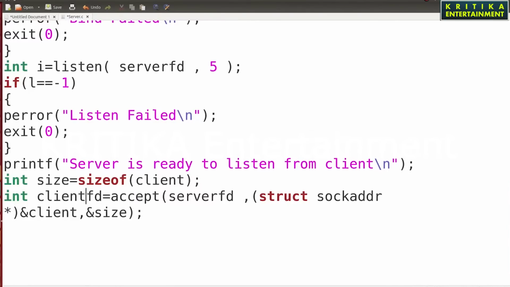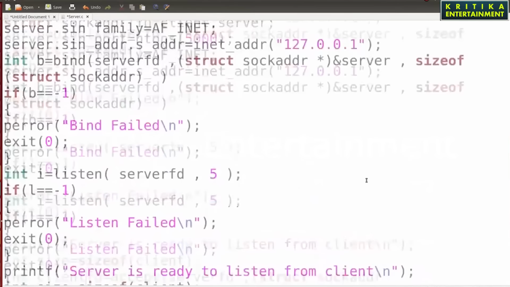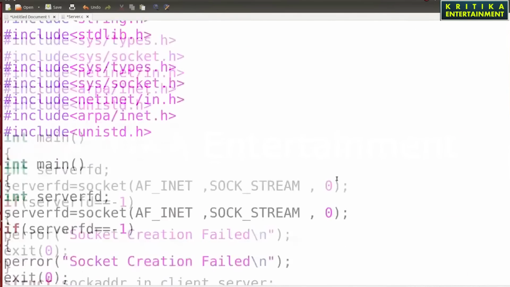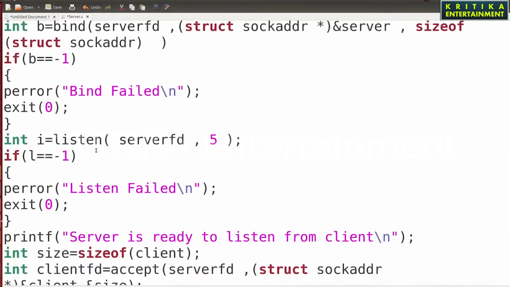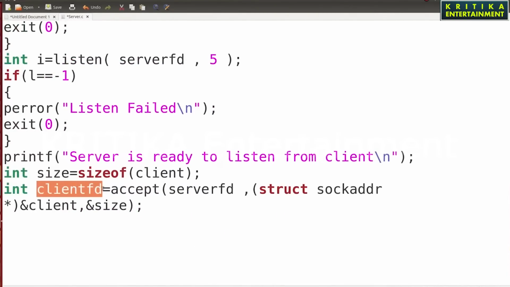Remember one thing: in every server program two IDs are created. First is the server ID, second is the client ID. The client ID is returned by the accept function.